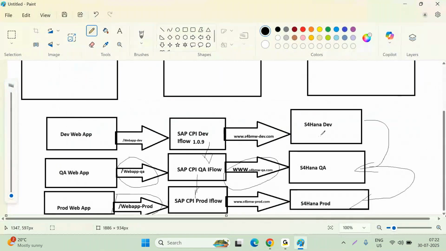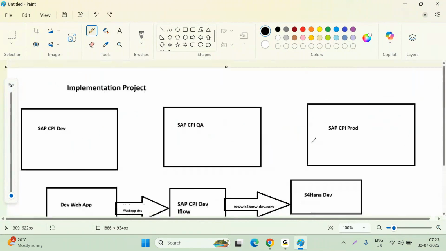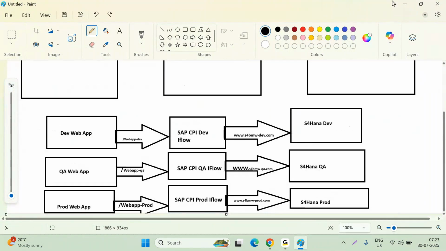Okay, so now let's configure this. Let's configure these particular configurations in CPI, how you can configure this externalization of parameters. I hope everyone is clear on the concept. So why are we going for this particular externalization? To update the parameters,